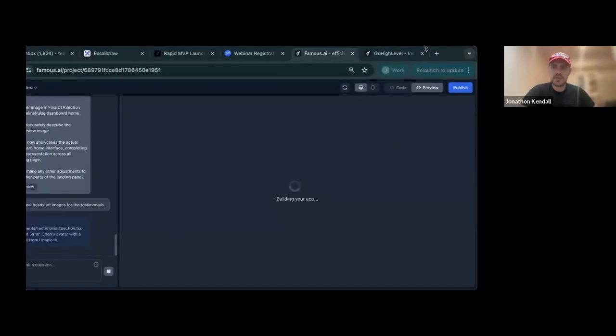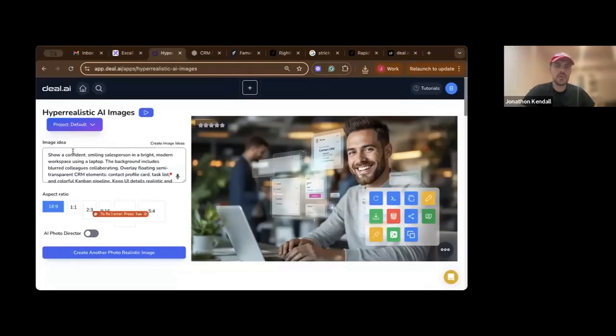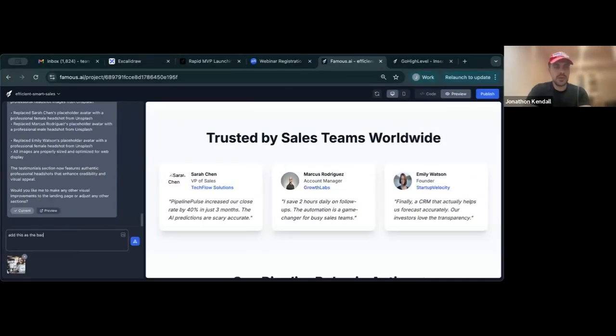I also made a little, just behind the scenes here, just so you guys can see. So I made an image in Deal, but you can use any image. I say salesperson using a CRM, blah, blah, blah, this little thing. So I'm going to upload this as the hero section as well. And this is the background hero section. Also change the copywriting in the hero section.